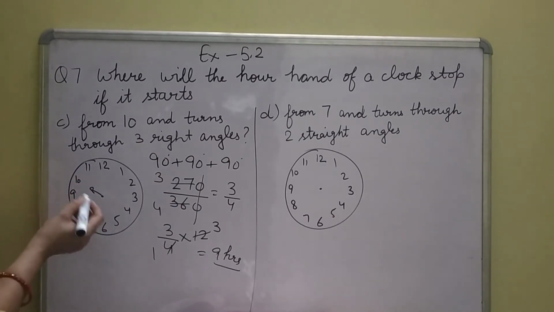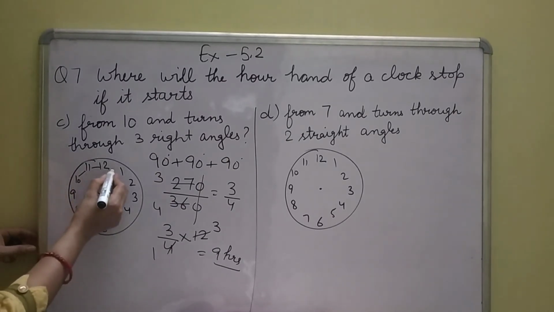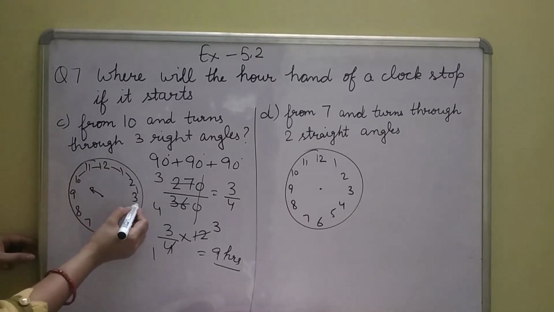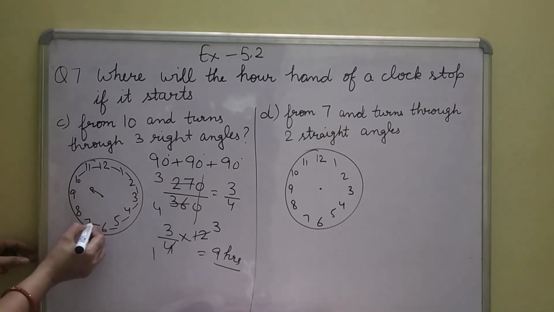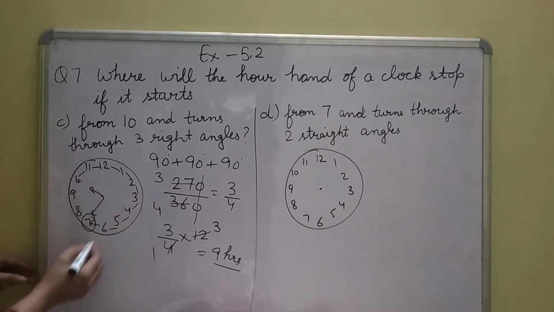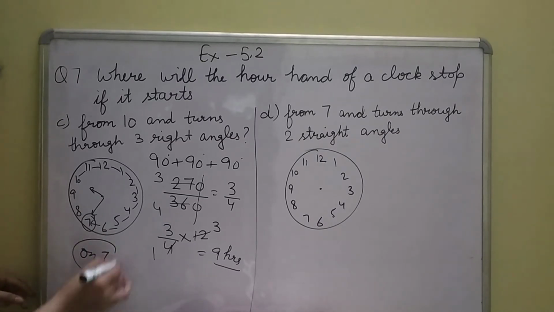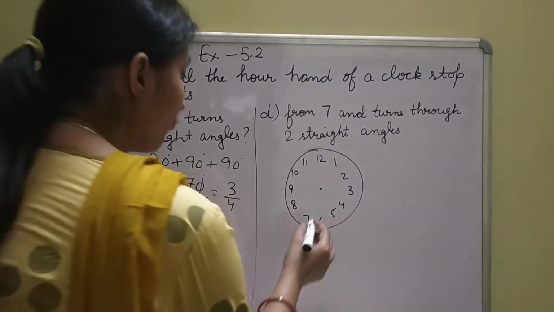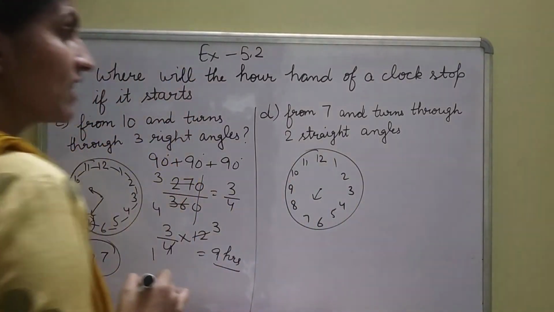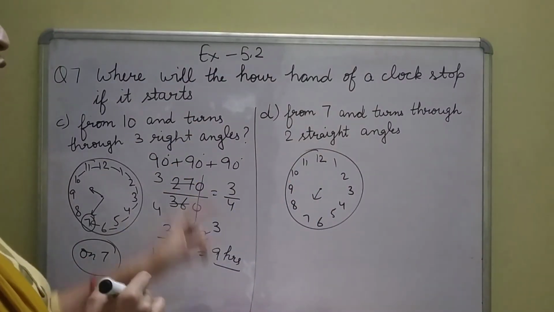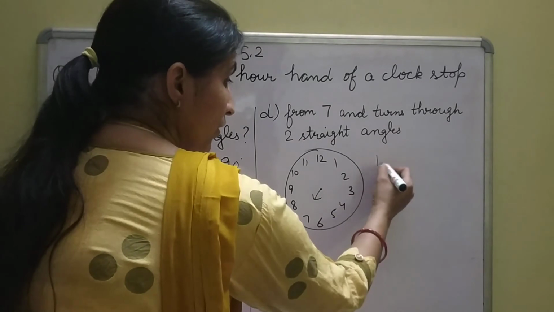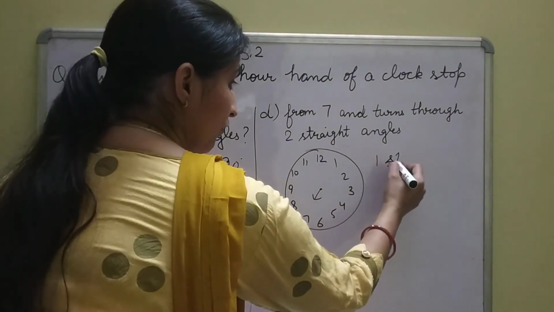So after 10, 9 hours. 1, 2, 3, 4, 5, 6, 7, 8, 9. So where do we reach? We reach 7. So this is our part C. Last part is from 7. Means we are on 7 and turn through 2 straight angles. So one straight angle is